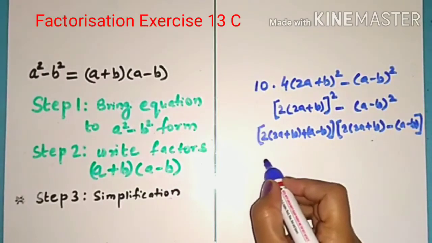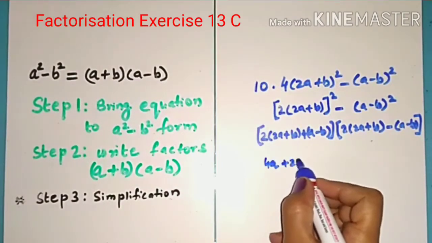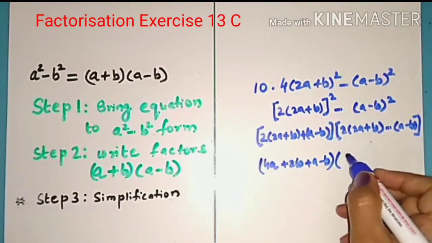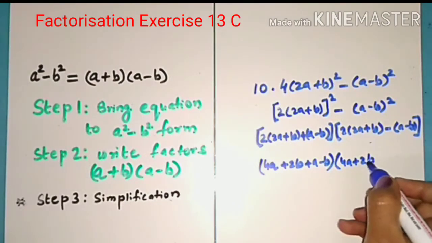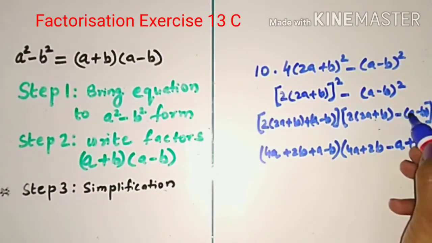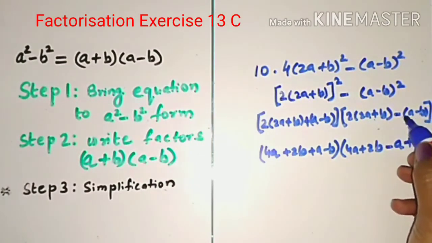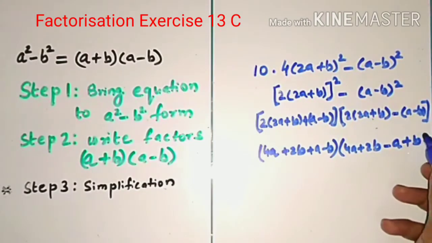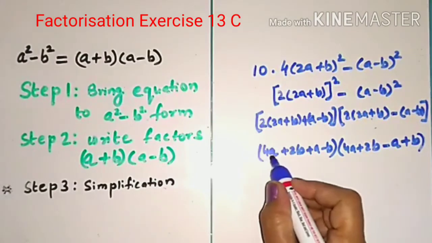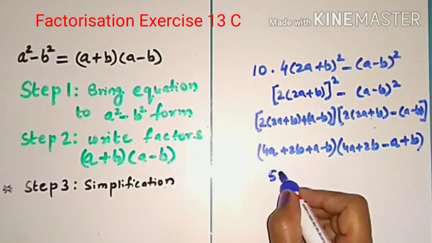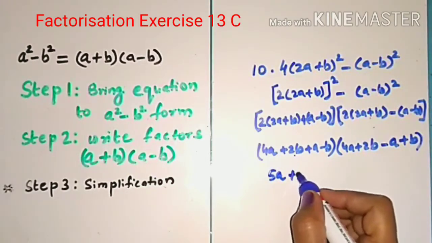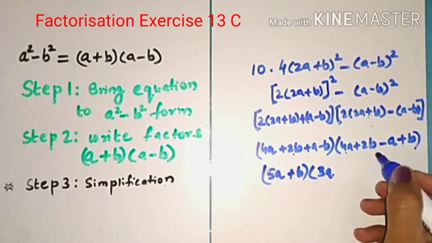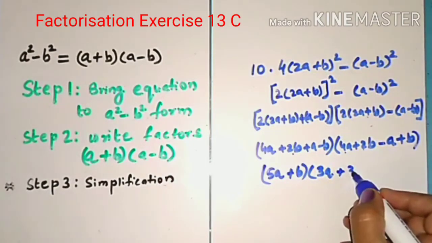We'll multiply this by 2. We will have 4a plus 2b plus a minus b. Here we will have 4a plus 2b, and this minus sign is there outside the bracket, so sign of the variables inside will change. It will become minus a plus b. So now we can add these. 4a plus a becomes 5a, 2b minus b will become plus 1b, and here we have 4a minus a, that is 3a, 2b plus b will become 3b.